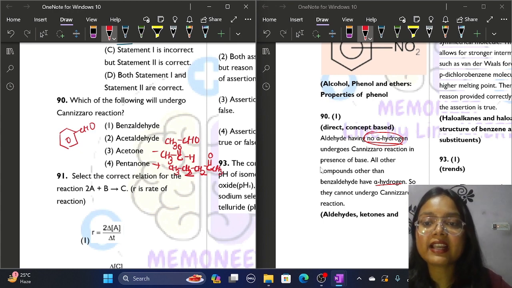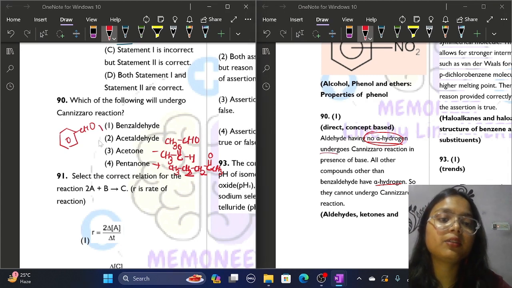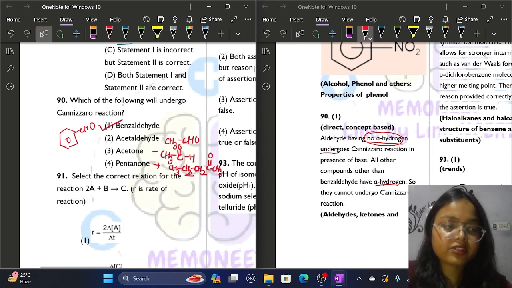So benzaldehyde is the only one which does not have any alpha hydrogen. Okay, so it will undergo Cannizzaro reaction. For question number 91,